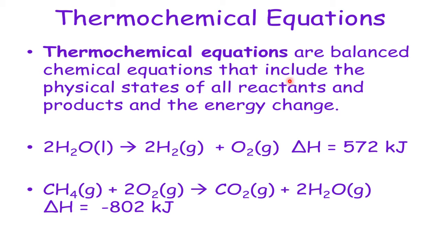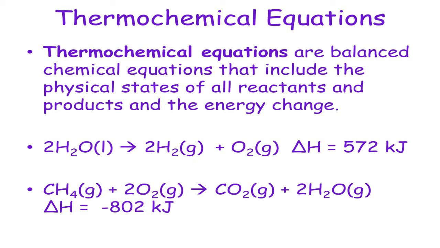Okay, please see here. 2H2O upon decomposition gives 2H2 and O2. First, I have written the balanced chemical equation, condition number one. Second condition, the physical states of the reactant as well as the product are also mentioned in brackets. And how much energy is changed? The enthalpy of reaction is equal to positive 572, endothermic. So complete information is given by this equation. Therefore, this equation is called what? Thermochemical equation.